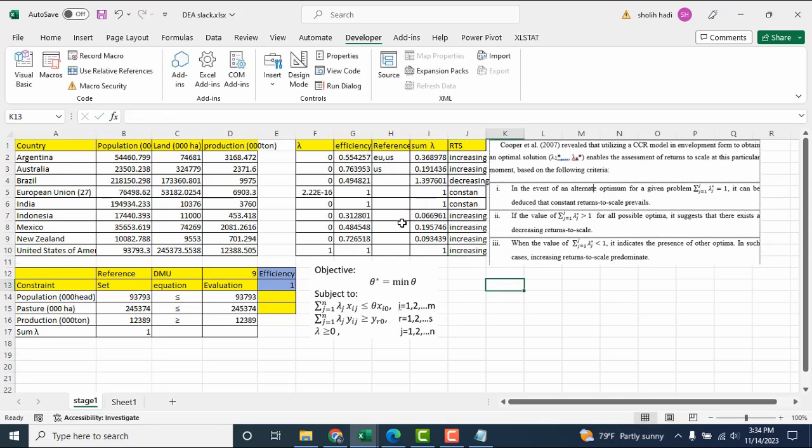From here, we can know that we have three efficient DMU: the European Union, India, and United States.